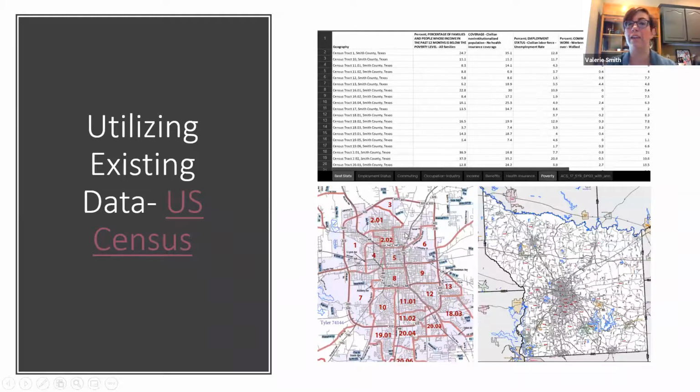In addition, on just this one screenshot, to poverty and people who are living in poverty, it also gave us information about employment. It gave us information about people who didn't have any health insurance, which often correlates with food insecurity as well, right? And also the number of people who were having to commute to work, which is relatively low for our population because of the type of community I live in, but for those of you who are in larger metropolitan areas, may be of real importance, again, thinking about those transportation pieces.